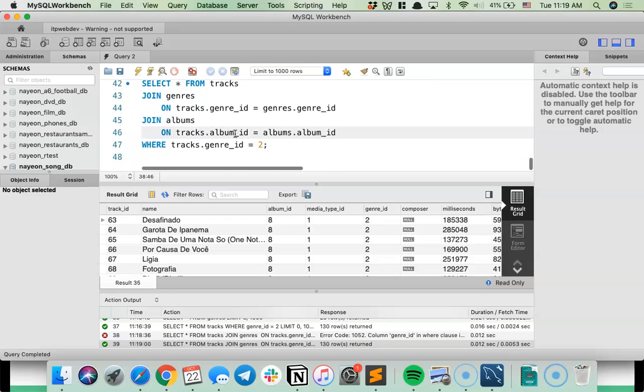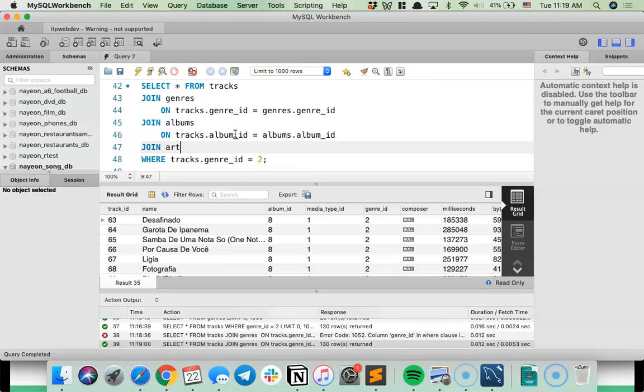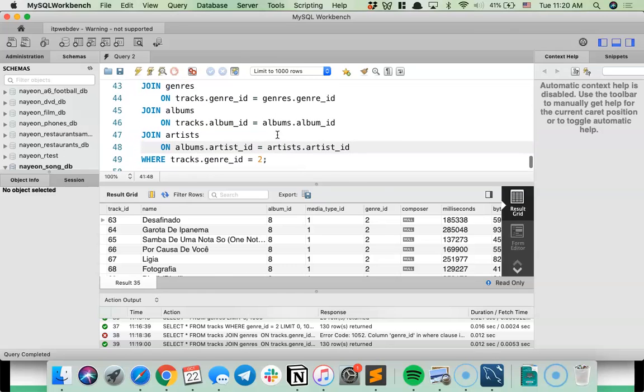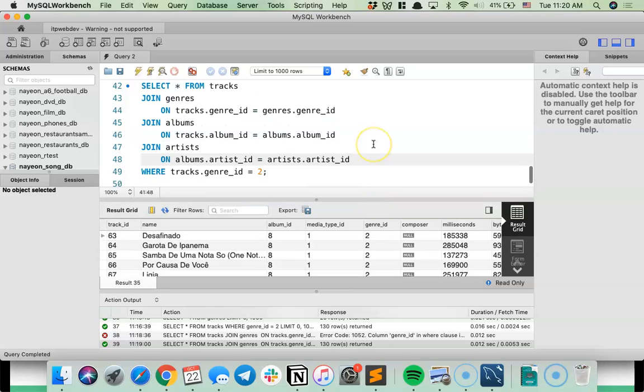And then it also wants the artist, so we're going to have to join that as well. Artists on... tracks doesn't have an artist, right? But artist comes from albums, so we do albums.artist ID. Where tracks.genre ID equals 2. Whoa, there it is. That's the full statement here.